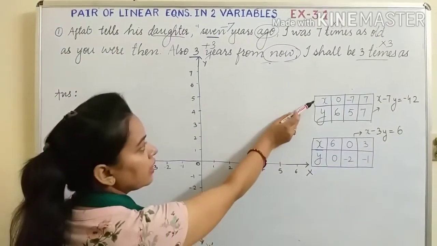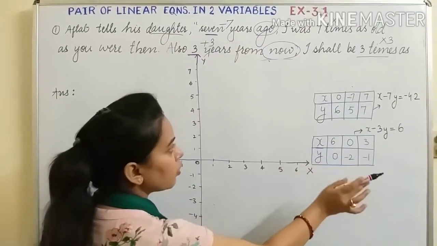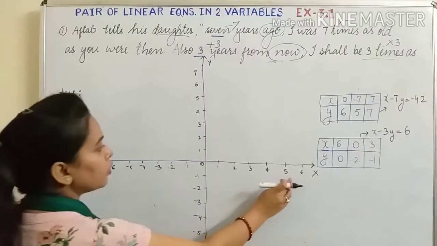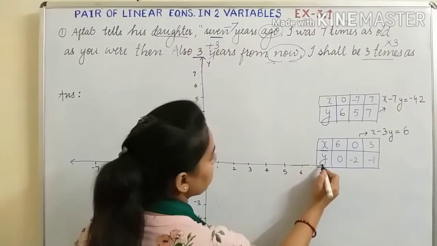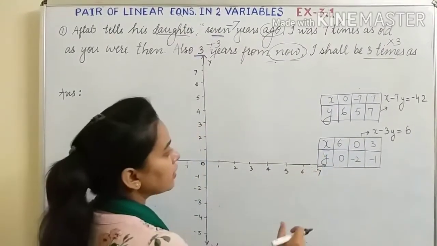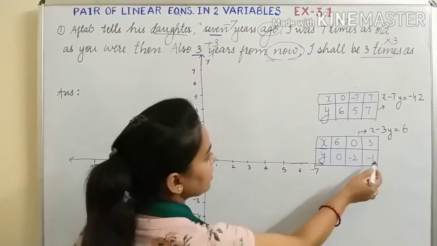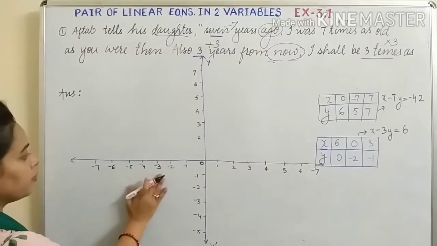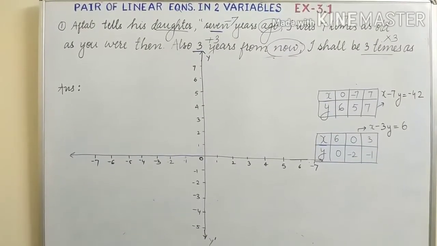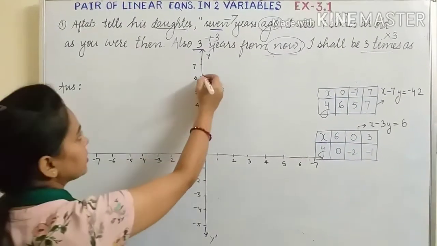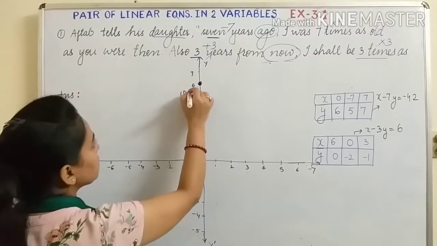Whatever is the maximum or minimum value it has taken, we have to plot up to that. You can see that for x, the maximum value is 7 and minimum is 0, so we have to extend the x-axis up to 7. Similarly in y, the maximum value is again 7 and minimum is minus 2, so we have to plot at least up to minus 2 and maximum up to 7. Now we will start. The first point is 0, 6: x is 0 and y is 6. That means this point.